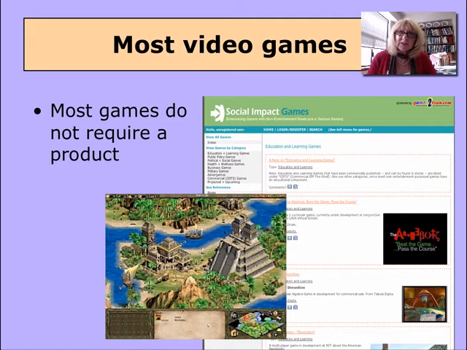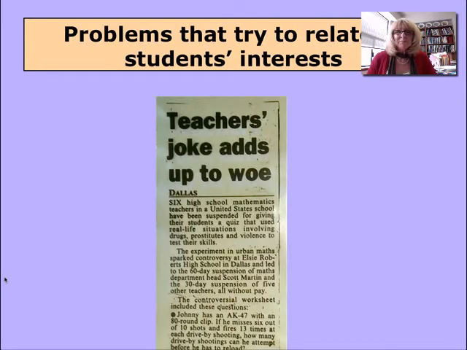Of course, it depends on how they're used, but really if it's just a game that students are given and there's no tangible product that arises from it, then it wouldn't really be considered to be authentic according to our definition. And sometimes you can find really funny examples of things that teachers have done, and they've usually gotten into trouble because they end up in the